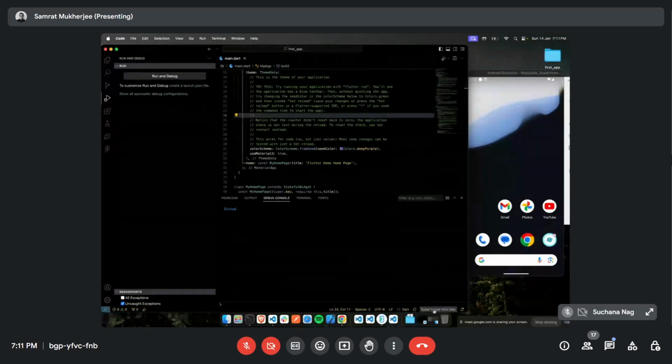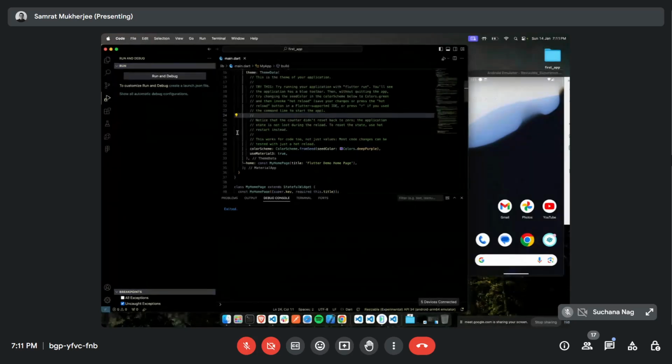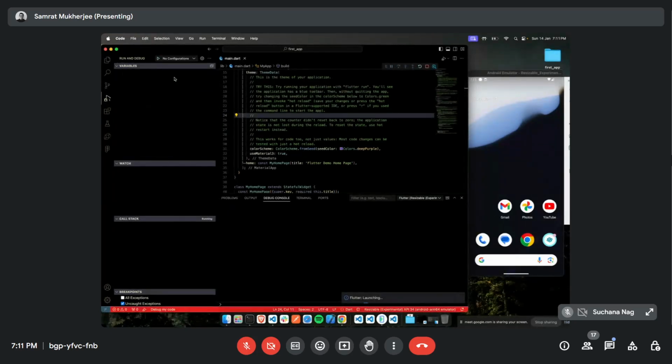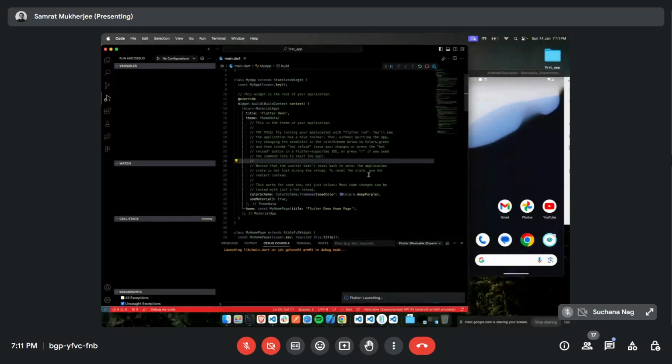And be careful, you guys need to choose which device is selected over here. This is the name of the emulator which is running on the side of the screen, so I'm going to select that, and then I'm going to press run and debug. Now Flutter thoda sa time leta hai to run in the emulator. Anyway, after this you guys are going to see an already built app. Okay, so Flutter वो create करके देता है. उसके पहले मैं बोल देता हूँ